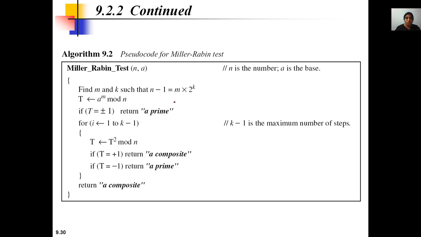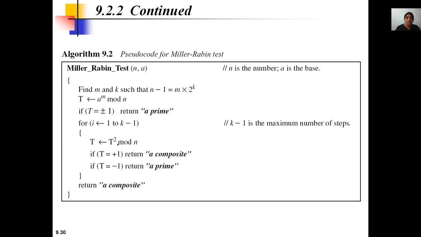So we need to find out here, that is, we have assigned the t value as a power m mod n. Now, why is this t value found? When you get the t value, if it is plus or minus 1, then you can say that value is a prime number. Now, if it is greater than 1, then we can go on to